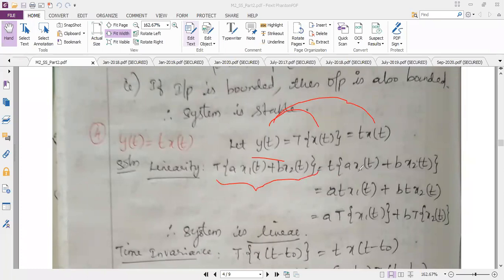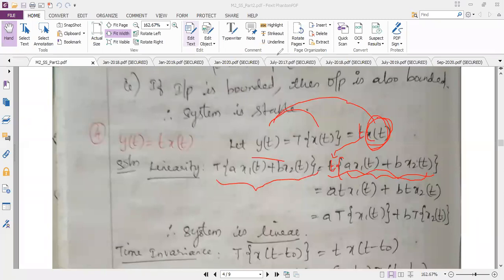For the right hand side, whatever is there in the question, you have to just write it. So t is t only, but this x I will write in terms of x1 and x2 along with the scaling factor. That is the procedure we always follow. So it is a into x1 of t plus b into x2 of t. Wherever this whole x of t term is there, you replace it with a into x1 of t plus b into x2 of t. Any other term you have, you keep as it is.